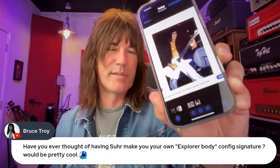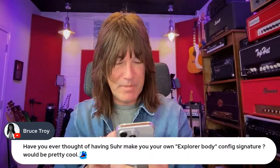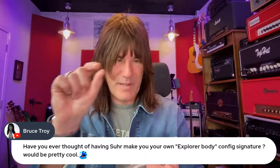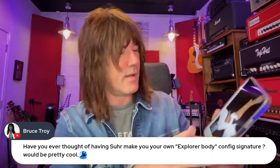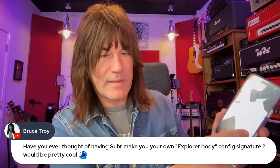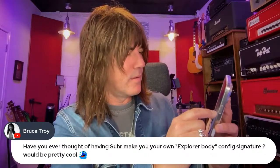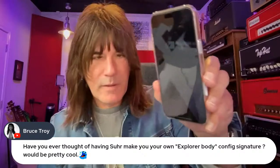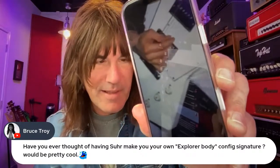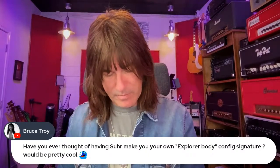I just think it'd be really cool if there was a way. I know it's basically just a white Explorer, and it probably said nothing on the headstock too. I'm sure the Ibanez was gone because it's painted white, right? But I think you could put Ibanez in a black logo, the old Ibanez logo, and it's got a white guard, right, white 3-ply with black. I don't think you can see that, it's not coming through on the resolution. But maybe if I turn down the, I don't even know if anybody cares about this stuff, but can you see it now? Yeah, so you can see the black. That's cool. And check out those white knobs. I think that is friggin' cool looking. So anyway, I just think it'd be cool if everybody was able to